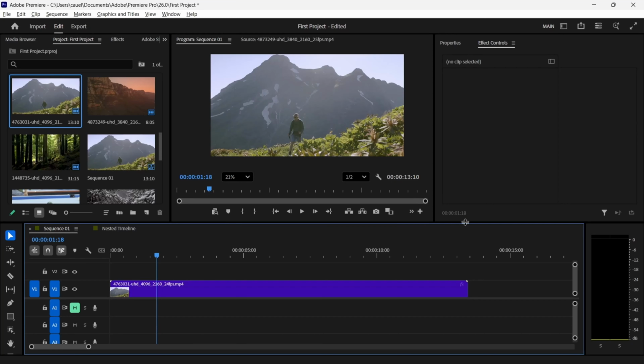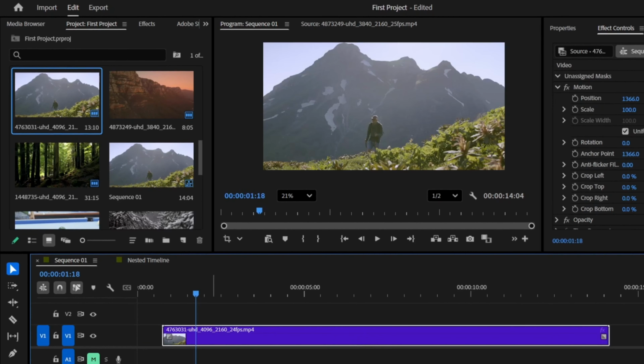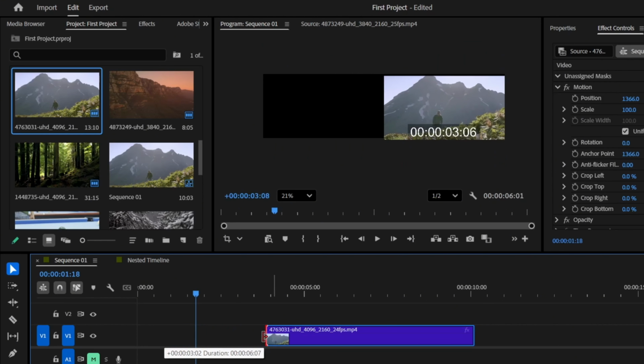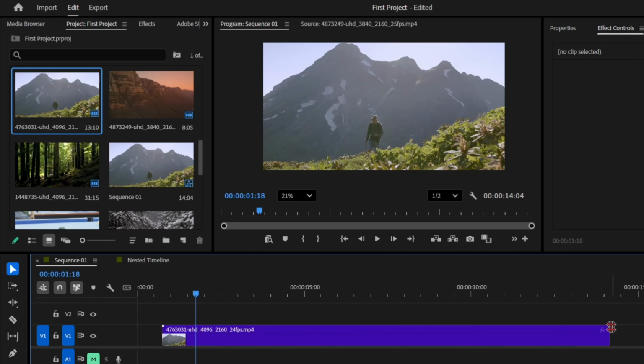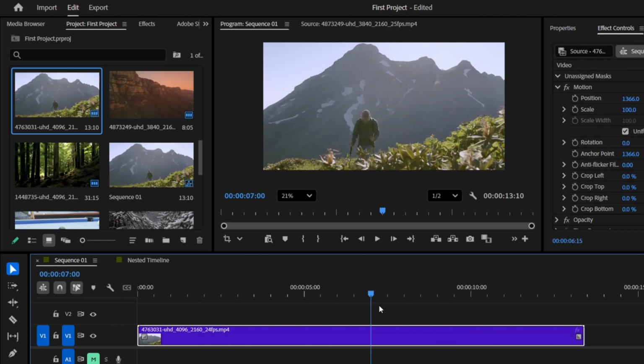Hey there friends, in this video I'm going to be showing you how you can use the trim monitor in Adobe Premiere Pro. So this is a really useful tool if you need to precisely trim your footage and get a very specific portion of your source instead of having to manually drag the edges around in your timeline like so. To open your trim monitor, the first thing you have to do is double click on any edit point